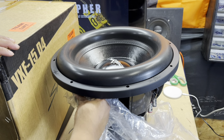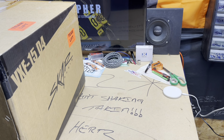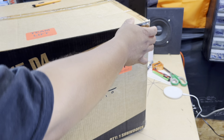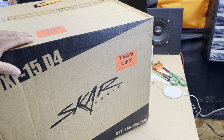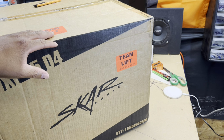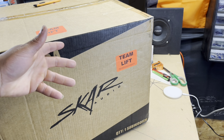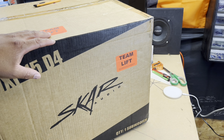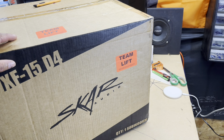Come down here, Mr. Sundown knockoff, that caused so much trouble between Jacob and Kevin. A lot of y'all been on the channel saying, hey, Skar and all this. Kevin and Jacob used to work together. According to Jacob, in a recent interview that he did, he did some OEM stuff with Kevin. And I guess Kevin ran with his designs and made just super minor little changes to where he's able